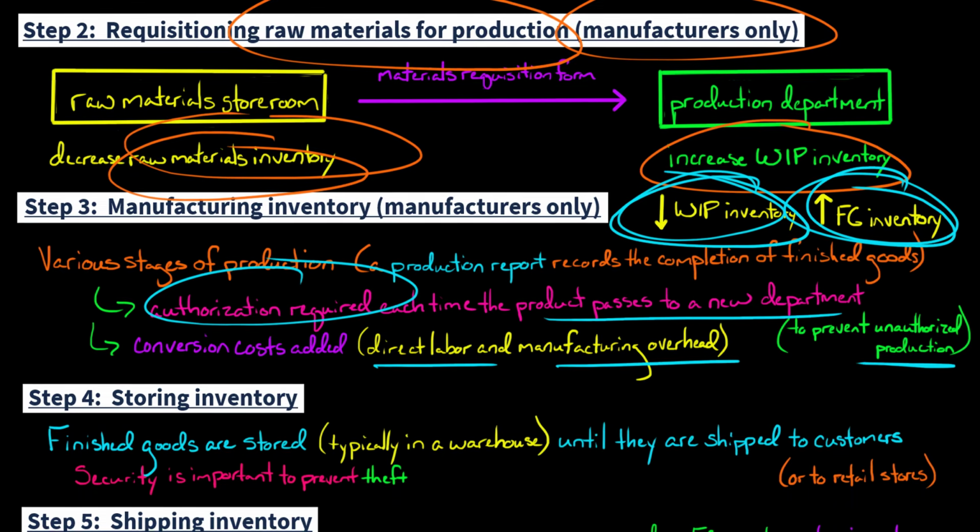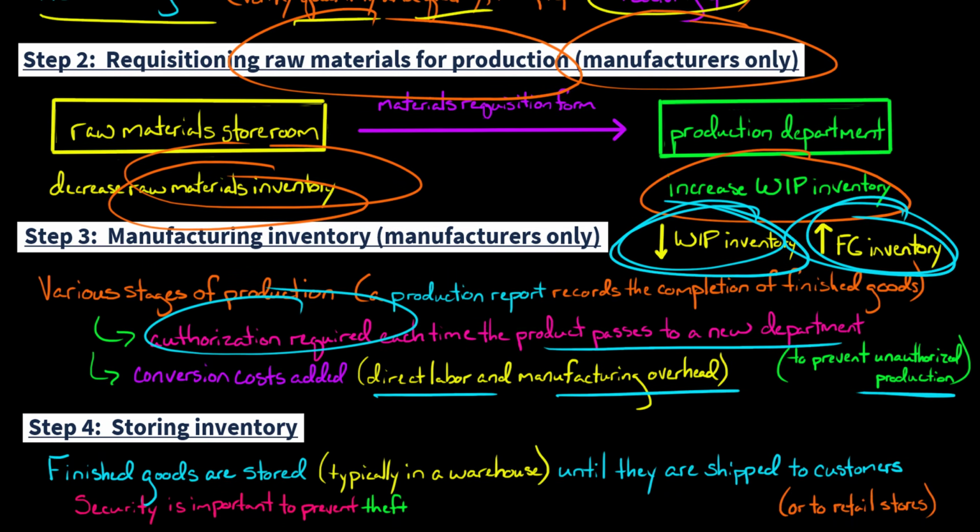Now, once the inventory is built, if we're talking about a manufacturer, or once it's received, if we're talking about a retailer, these finished goods are going to need to be stored. So typically that's going to be in a warehouse. In some cases, a retailer would purchase from a manufacturer and have it directly shipped to the retailer's retail stores. That happens sometimes where it doesn't go to a warehouse first. But a lot of times the goods will go to a warehouse until they're ready to be shipped